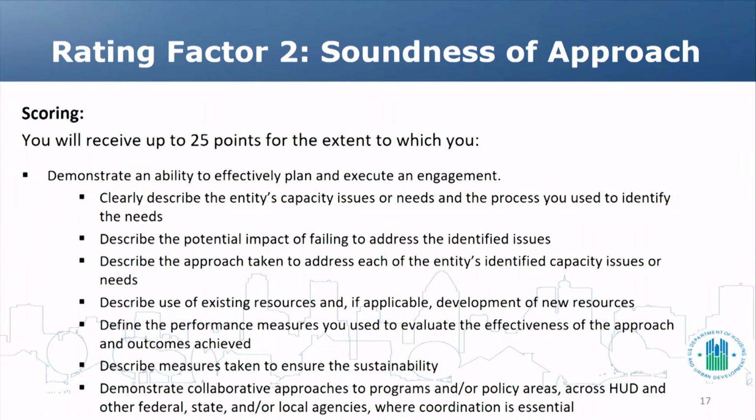You will receive up to 25 points for the extent to which you demonstrate an ability to effectively plan and execute a TA engagement. And this includes clearly describing the entity's capacity issues or needs and the process used to identify the needs. In addition to describing the potential impact of failing to address the identified issues, describing the approach taken to address each of the entity's identified capacity issues or needs,